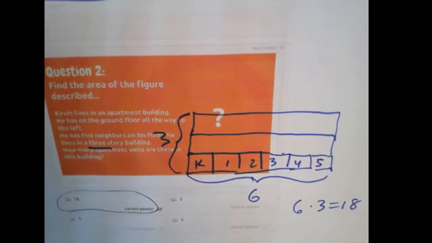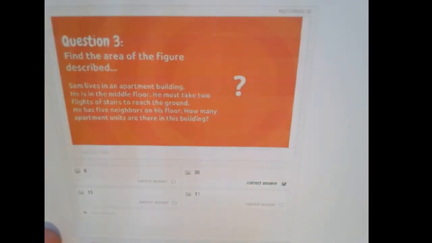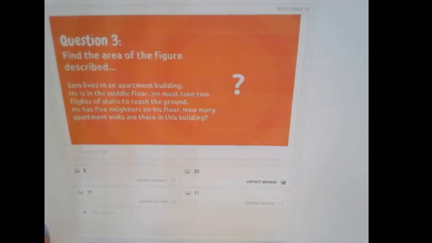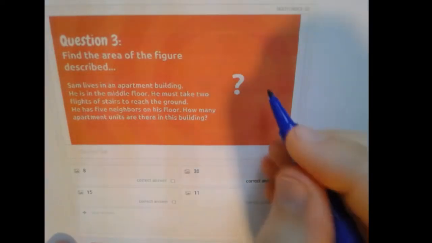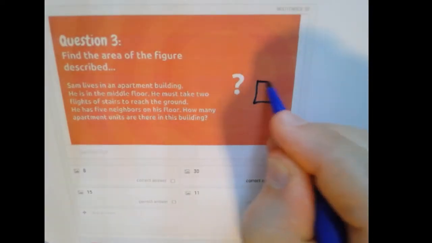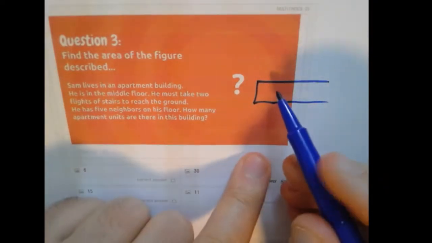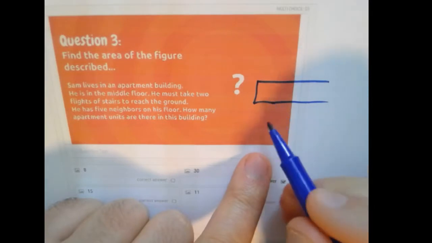So the next one I have a feeling will involve a little more problem solving. Let's see what this is asking. Sam also lives in an apartment building, and he is in the middle floor, and he has to take 2 flights of stairs to reach the ground. So let's picture this. So if he's in the middle floor and he has to take 2 flights to get down to the bottom,